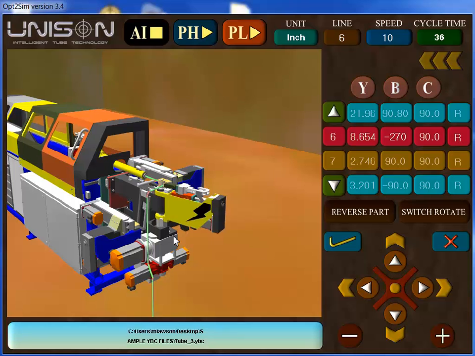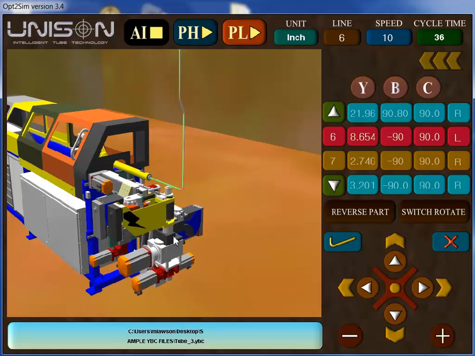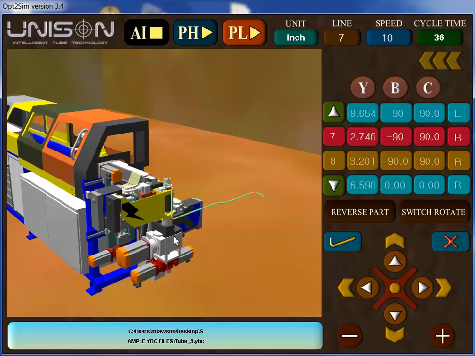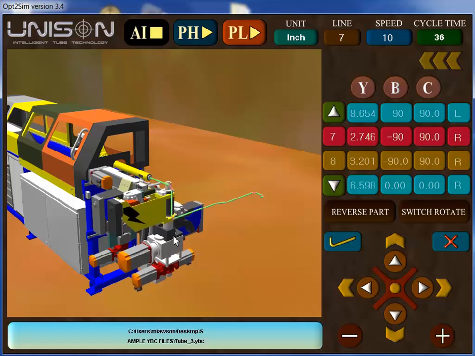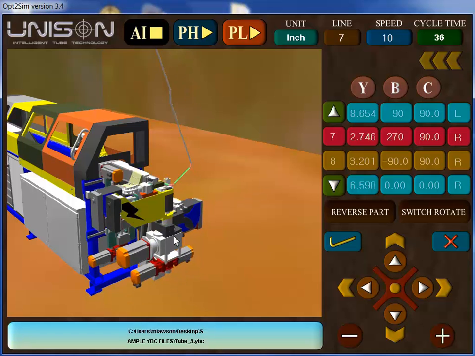You can see the simulator's going a bit faster now. The speed of the actual graphical simulation will always be dependent upon the speed of the graphics card in your machine. When we process things in a batch mode, which I'll demonstrate in a short while, you will see that we choose not to show the graphical representation because working just the collisions out mathematically is so much faster. So whilst the speed of the simulation is dependent upon the graphics card in the machine, the cycle time here in the top right hand side will always be accurate because this is worked out mathematically